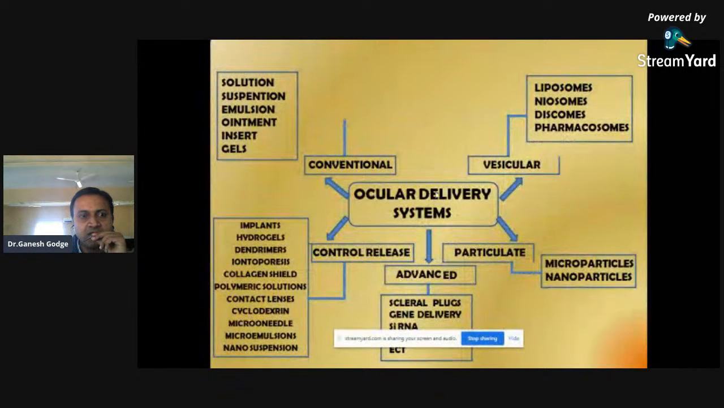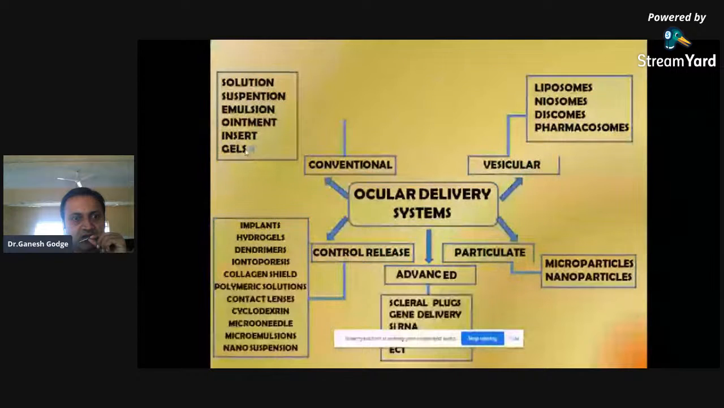Now, in case of ocular drug delivery system, you can see conventional ocular preparations summarized in this slide: solution eye drop, suspension eye drop, emulsion eye drop, ointments, inserts and gels. They are called conventional ocular preparations. Let me revise in short: solution eye drop, suspension eye drop, emulsion eye drop, ointment eye